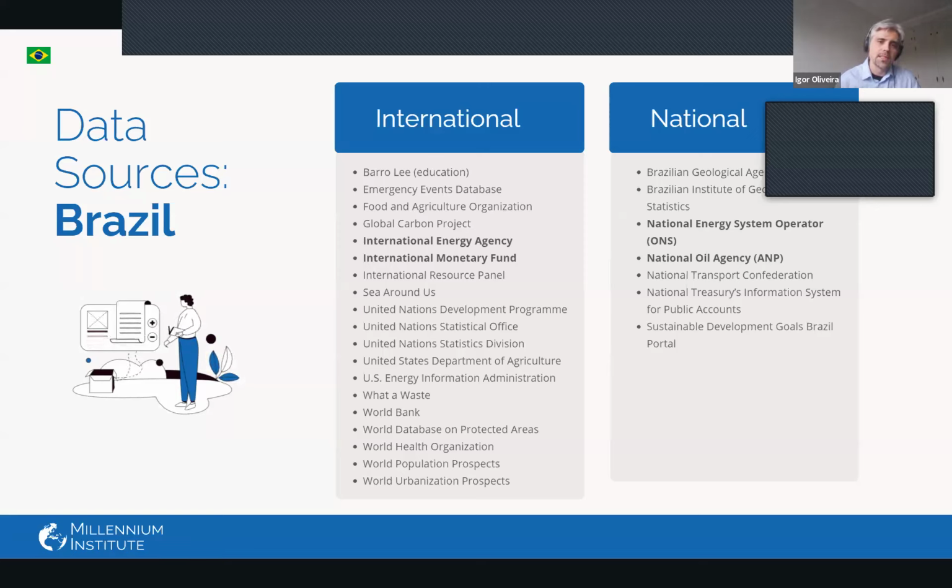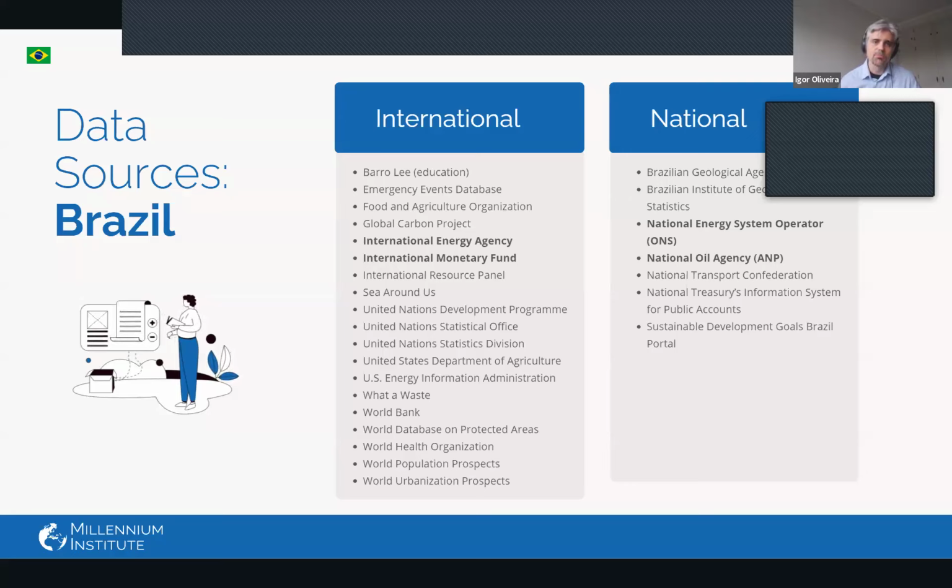So IMF data works as a placeholder, as a starting point for us in the national accounts part of our model. The IEA data, the same for energy, but then you have to look for local data to complement it and use energy data and also treasury data from the Brazilian government, which wasn't easy to access and to interpret, but in the end, with the help of the local partners that we found on the way, we managed to do it, and we managed to calibrate this for Brazil.